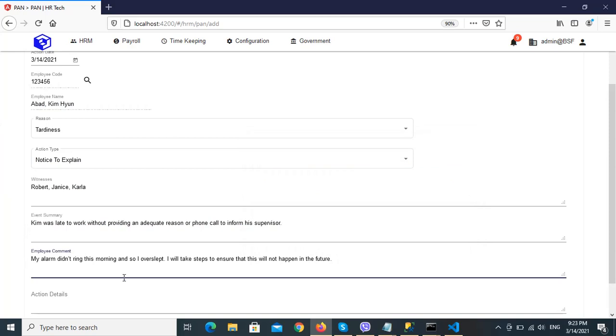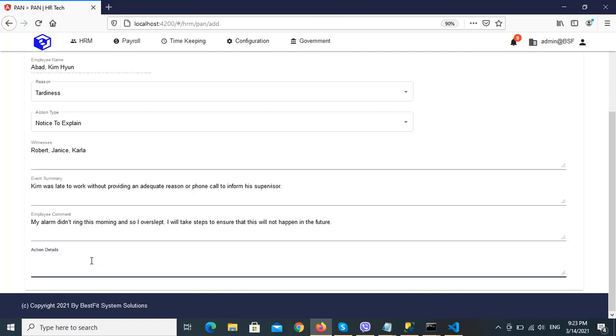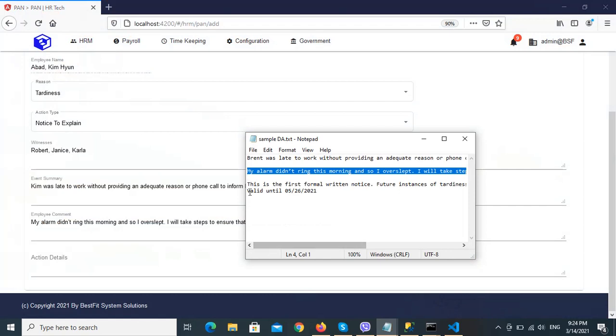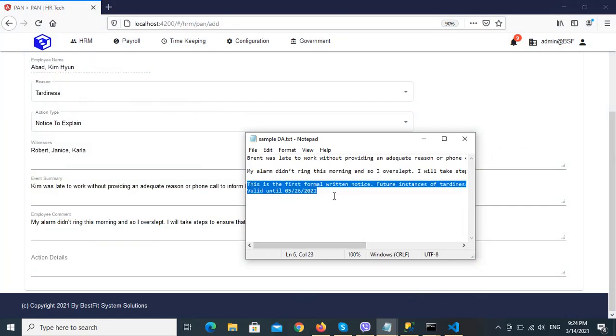My alarm didn't ring this morning and so I overslept. I will take steps to ensure that this will not happen in the future. Okay, and then here is the action, no? Based on this evidence and on the policy of the company, what is the action to be done? So let's say the action to be done is